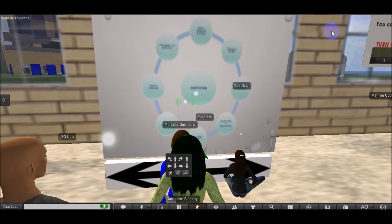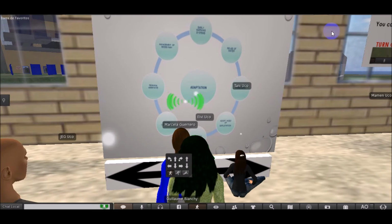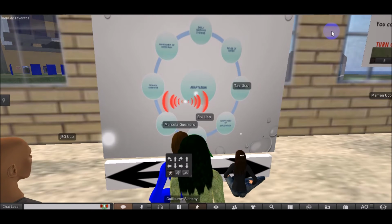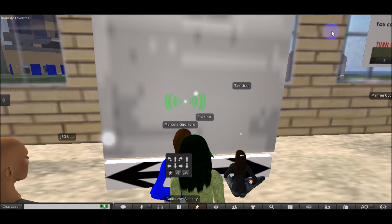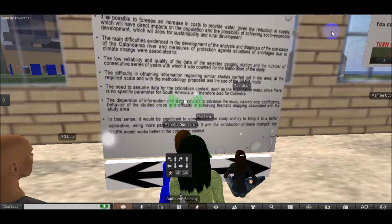Adaptation measures: early warning system, reuse of water, improving forecast, adopt index of exploitation, rainwater harvest, control of concessions, technical assistance, management of excess rain. And final conclusions. It is possible to foresee an increase in cost to provide water, given the reduction in supply, which will have direct impacts on the population and the possibility of achieving socioeconomic development, which will allow for sustainability